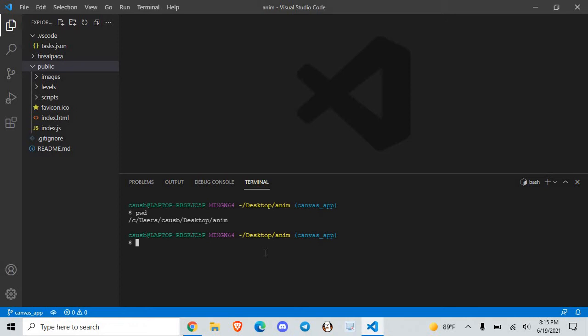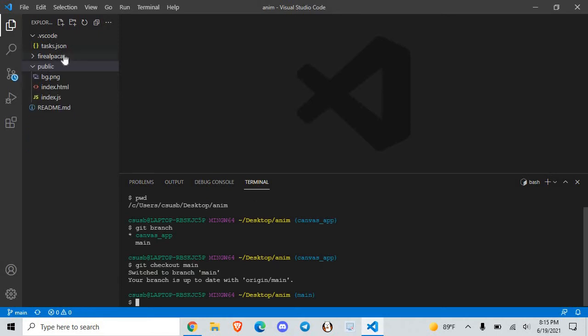So, you've got the git command, git branch. That will show the branches. So there's two branches there, canvas app and main. So I could check that other branch out. So it's git checkout main. And you'll see this is changed up here. This is where we were at last time. And we've got this